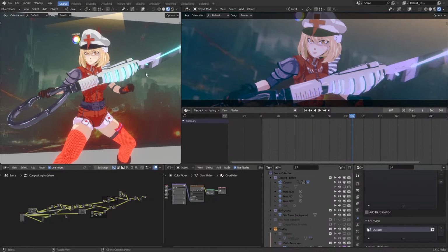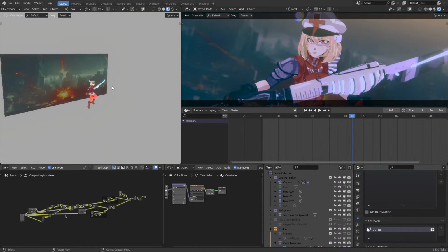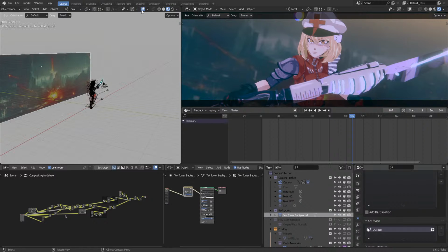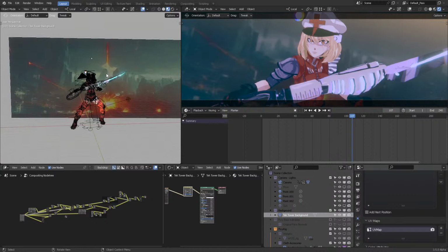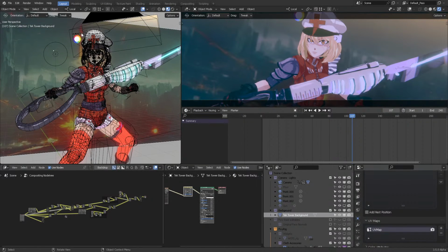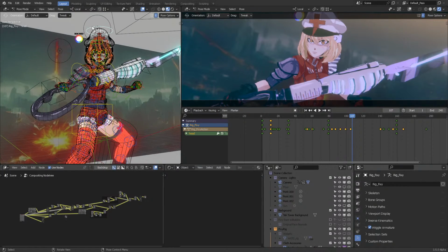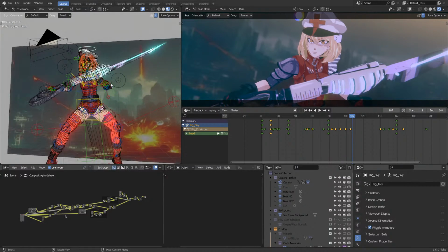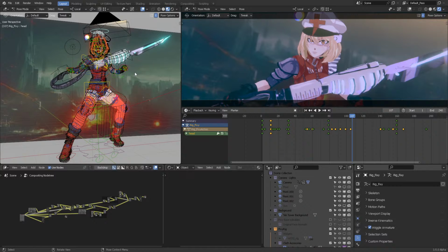So let's break down this scene. We have a plain background right there. It's just a large image. We have a rigidified character, which in this case is Fixie. We can move and animate her, and we're going to do that in just 1 hour. But I wanted to show you the features that we have in the